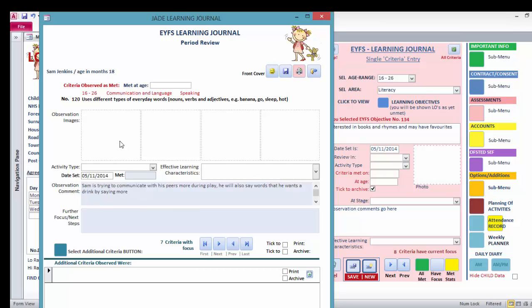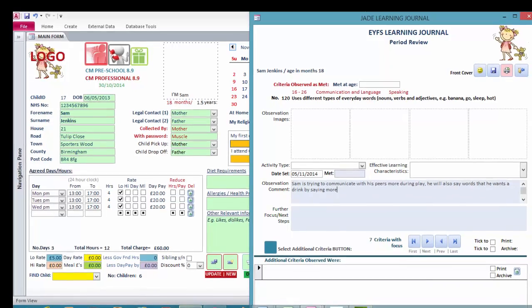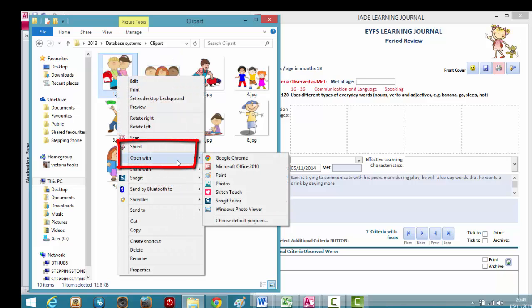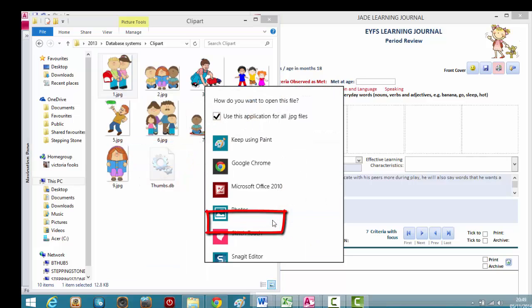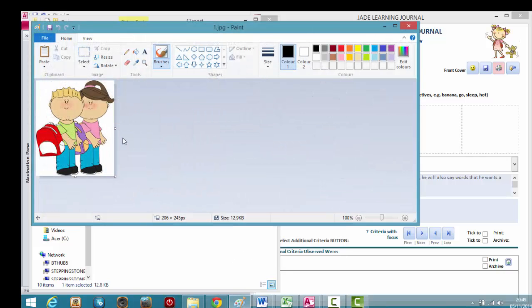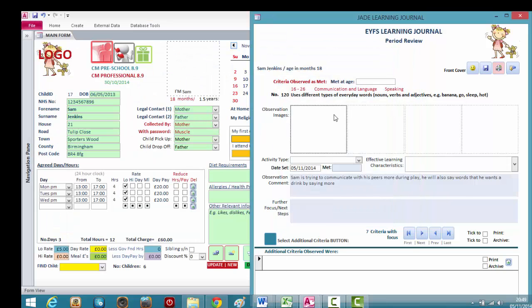You may also want to put a photo to support your observation. By doing that, if you open up the file that contains your photos, right click, open with, and go down to choose the default program, and if you select Paint, once your photo is opened in Paint, if you select it and cut it, you can then paste it